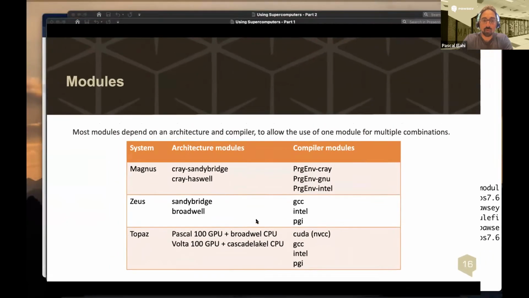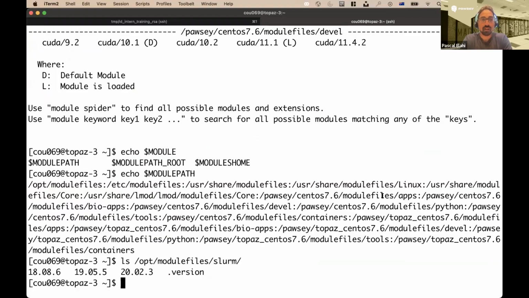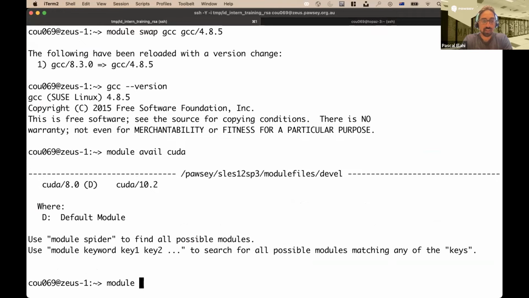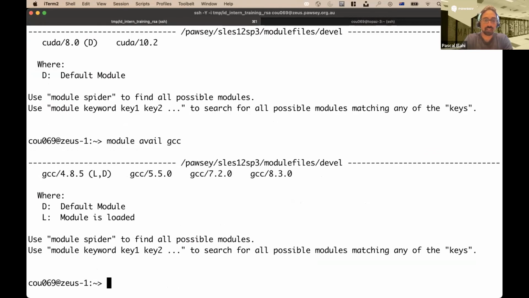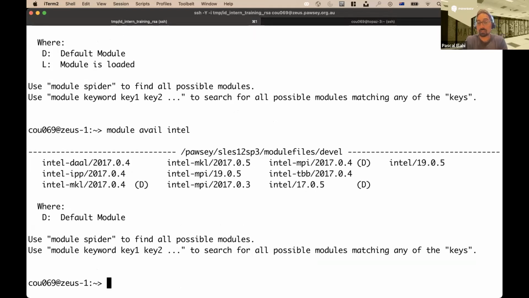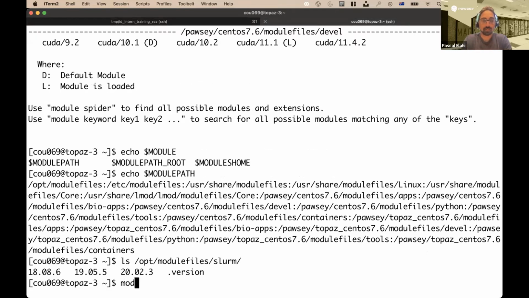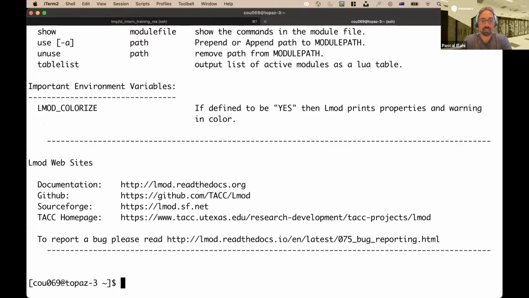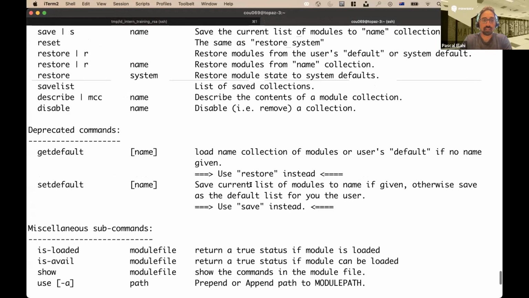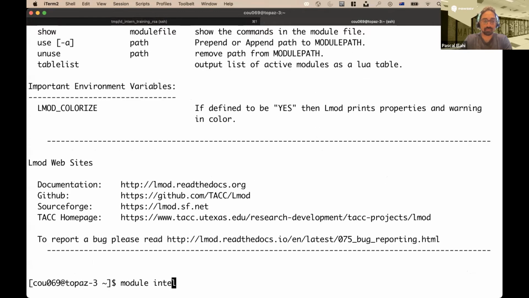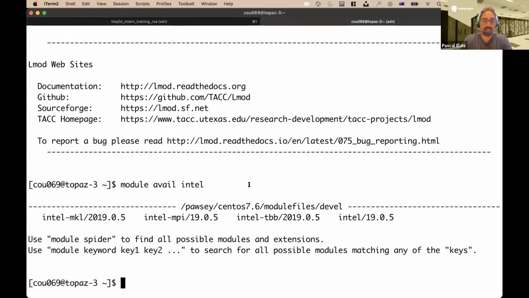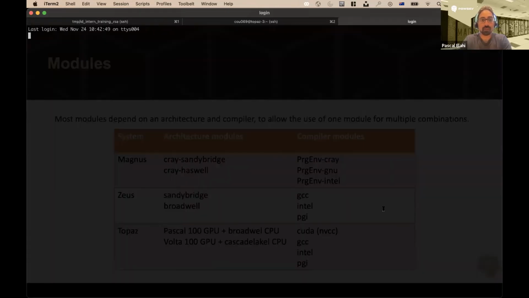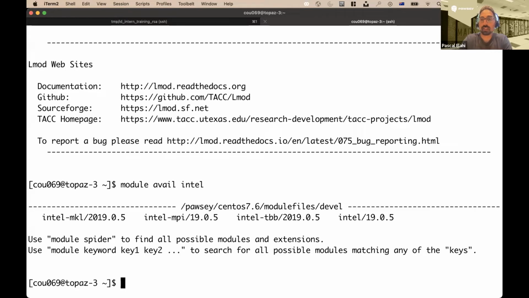And going forward, it will be important to realize as well. Both Zeus and Topaz have compilers like GCC and Intel listed as compilers. So these are compilers: the Intel compiler, the GCC compiler. So if I do it here as well, module avail Intel. You can see these compilers. Oh, sorry, I don't want to do it here. I want to do it in my